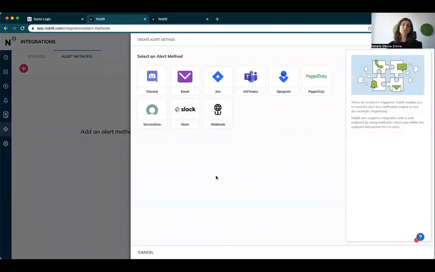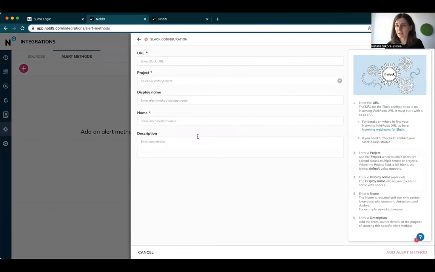In Nobl9, you can use from the selection of different alert methods, and Webhook gives you full flexibility into connecting to whatever you need. For the purpose of this presentation, let's set up Slack as our alert method, so that we will be notified on our Slack channel that something is happening with our SLOs. Configuration of your alert method is super simple. You just need to provide